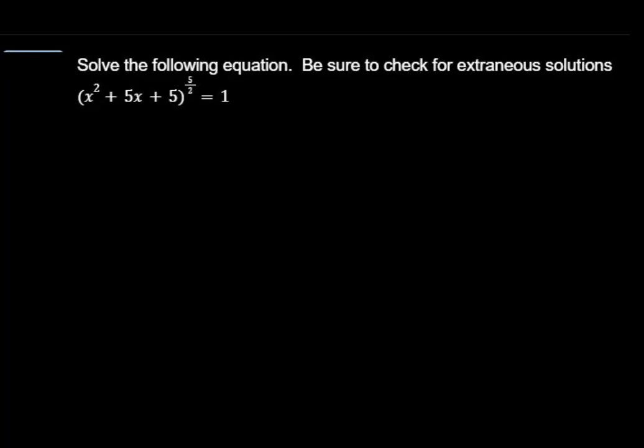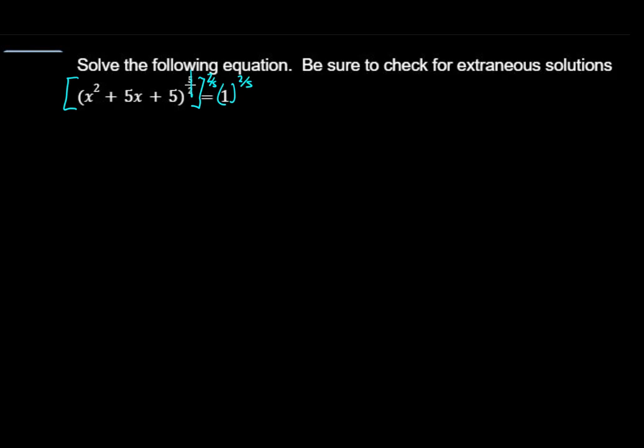So in this example, we're going to solve the equation and make sure to check for extraneous solutions. So we have the quadratic expression x squared plus 5x plus 5, all raised to the 5/2 power, set equal to 1. For this one, since I only have one exponent, I'm going to start by getting rid of the stuff outside of the fractional exponent expression, so outside the parentheses, which is just the fractional exponent. To get rid of a 5/2 power, we're going to raise both sides to the reciprocal power, which is 2/5. So raising both sides to the 2/5 power,